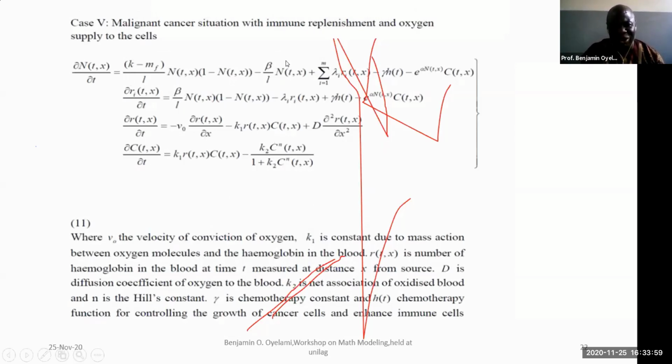But in the case of growth rates and all those things, we can get them. In the case of parameters of how the immune cells grow or die, we can get those ones. But when it comes to here, when you introduce oxygen or reduce oxygen, it's difficult to have information. But people in developed countries, they have those data. So this type of model, to calibrate it, we need those data. People in the US and other developed countries may have data for calibration, which can be used to fully